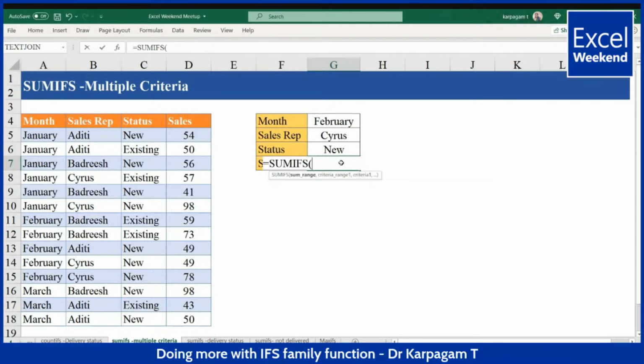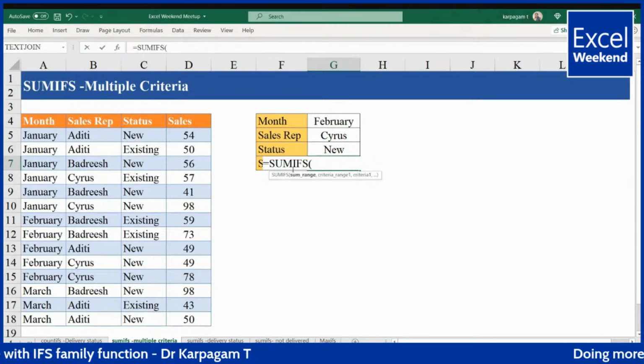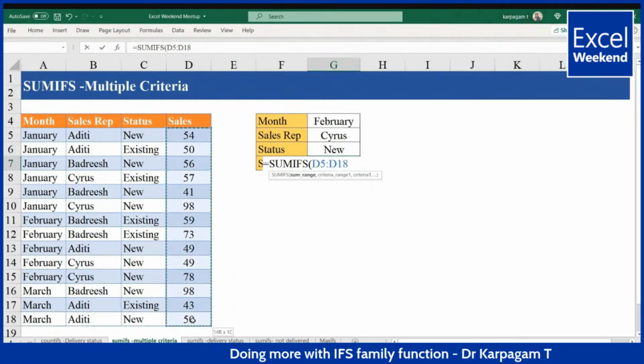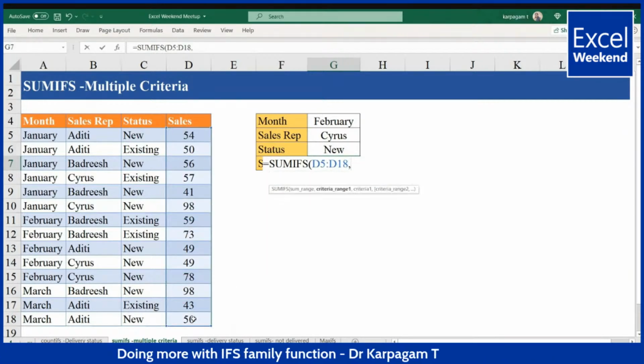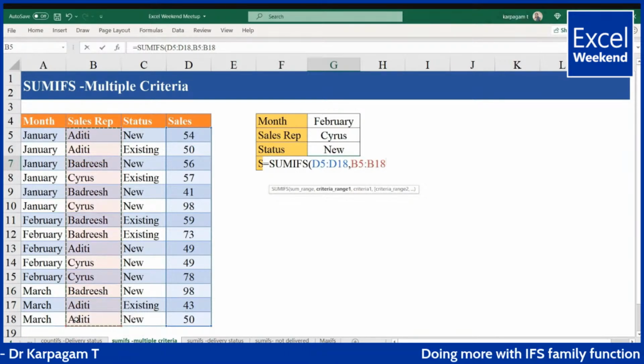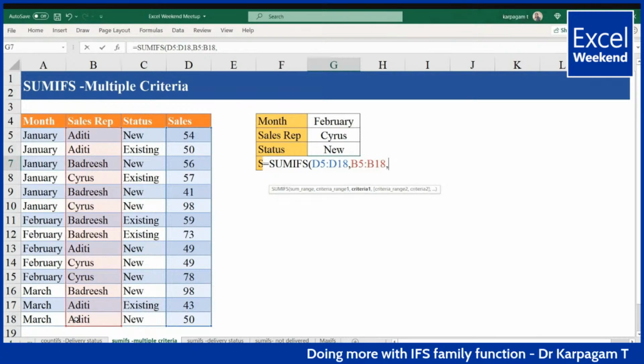Count can give you the head count of the numbers or the criteria that is happening. I have passed the SUMIFS function, and what is the first criteria? We can see it's the sum range. Once we have chosen the sum range, at the next level we have to take the criteria range. I want to find out for the sales representative as the first criteria, and within the sales representative, just look